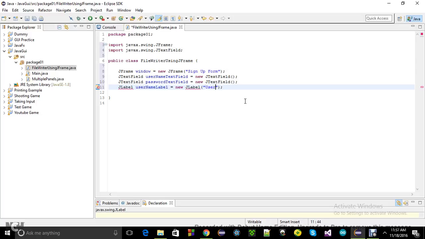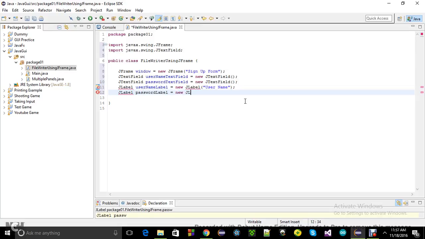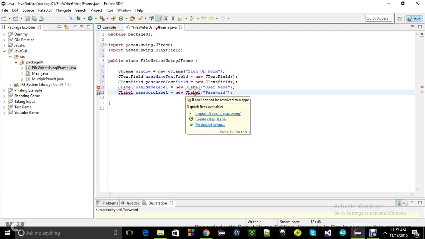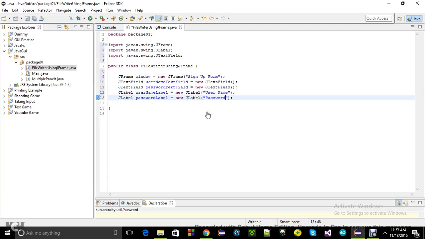So first it's going to be username, and the second JLabel would be about password. Password label equals new JLabel. So we have to write the password here. It's going to appear exactly how I'm writing here, exactly in the window. Again, I have to import the JLabel, and I'm going to be needing a button, JButton,